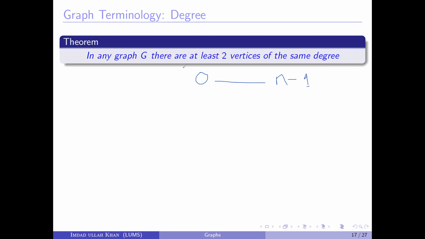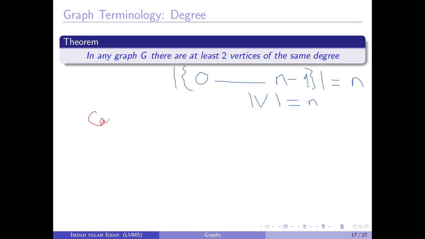So the total number of degrees, the cardinality of this set, is n, which means the total possible degrees are n. Total number of vertices are also n. So can this be a possibility that each vertex has unique degree? That's what we want to demonstrate, and we are going to bring in that handshaking lemma, which we've just revised from our previous concepts. So first case is that